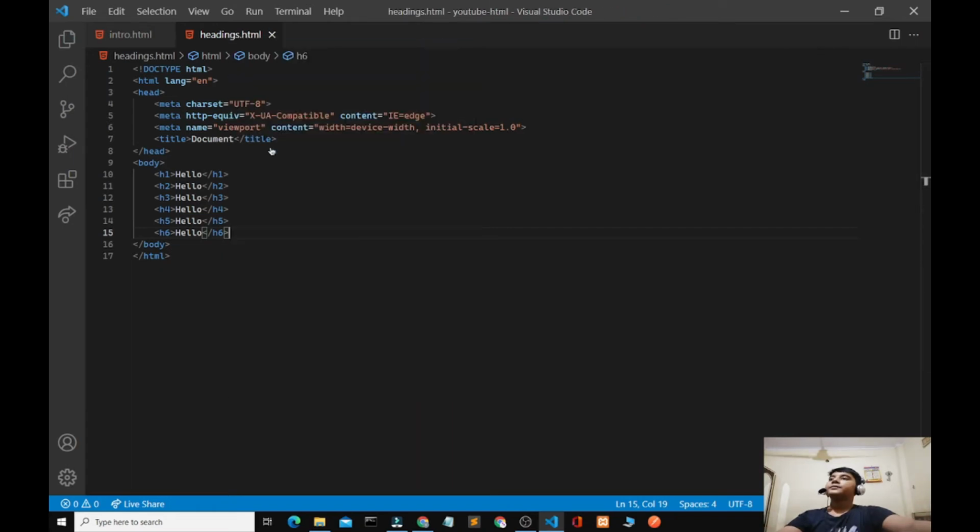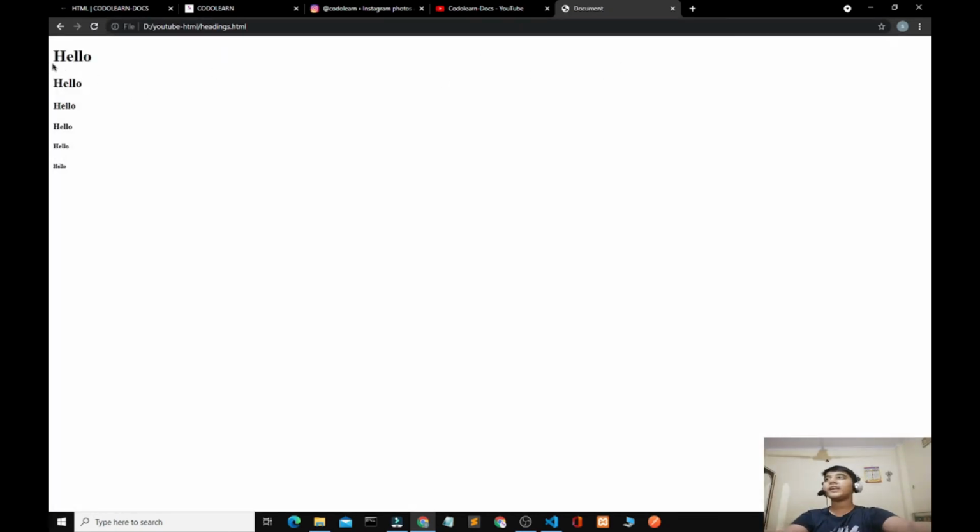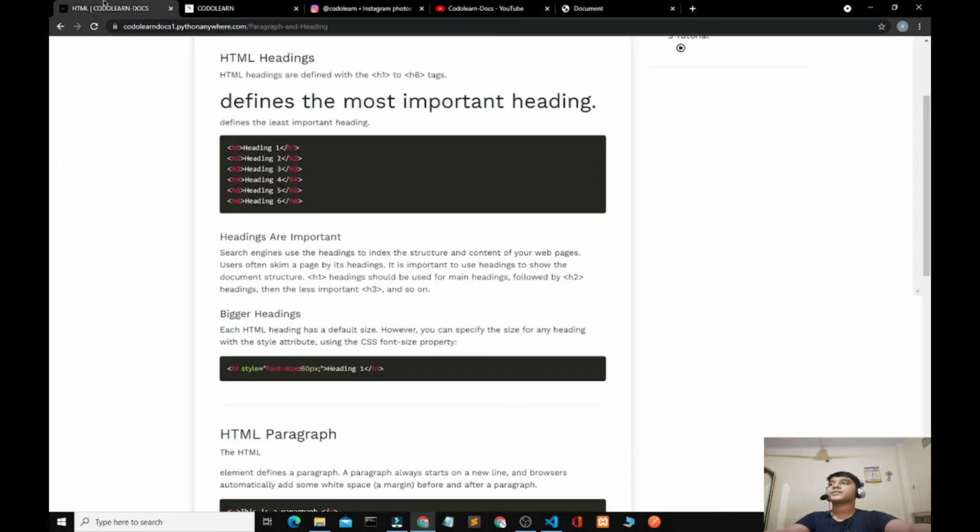Let's copy the file path, open our Chrome browser, paste the file path and press enter to run. And here you can see the h1 looking much bigger compared to the others, because the h1 tag is the main tag in the heading, and after that you can see h2, h3, h4, h5 and h6.